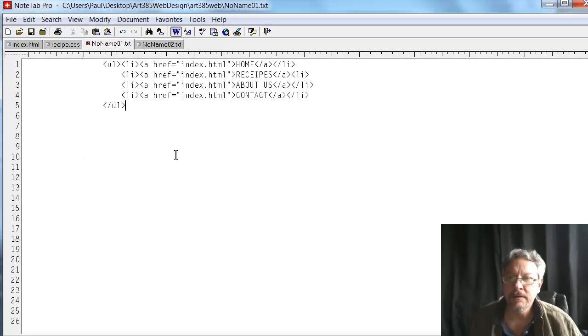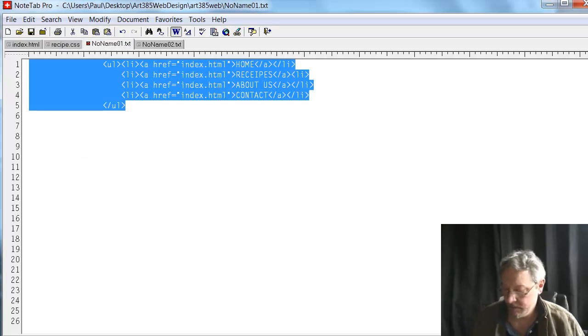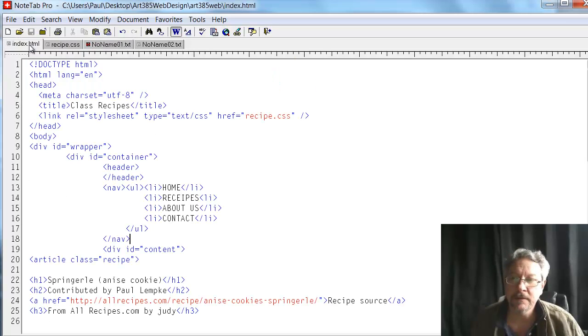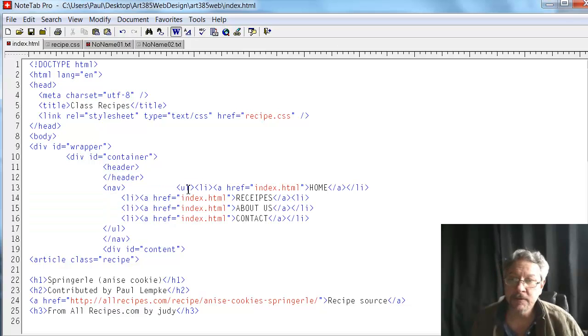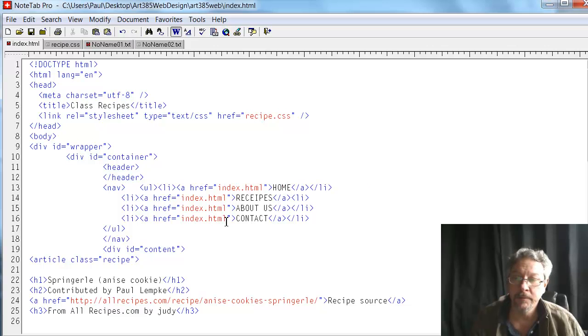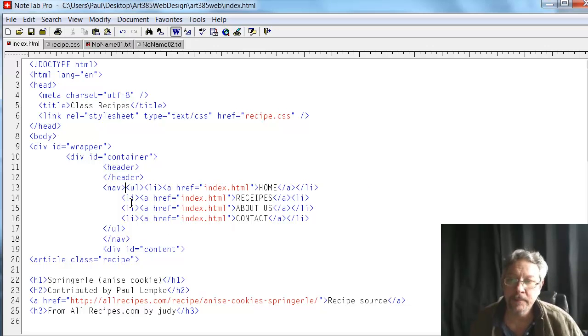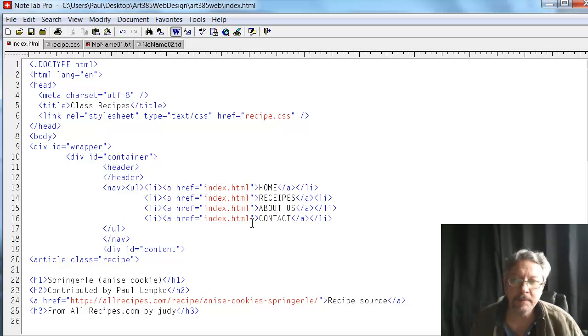I copied the changes I want to make to the list here. Basically, inside each list item, I want to specify a link. So I'm just going to paste that in there. And if we line it up, we can see that we still have the list items, the same name, but